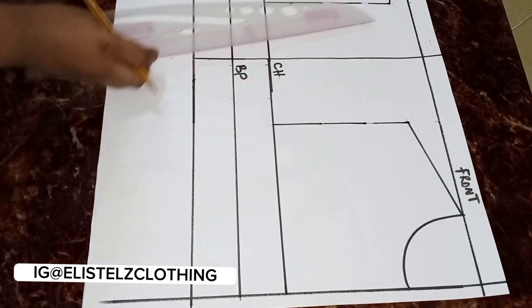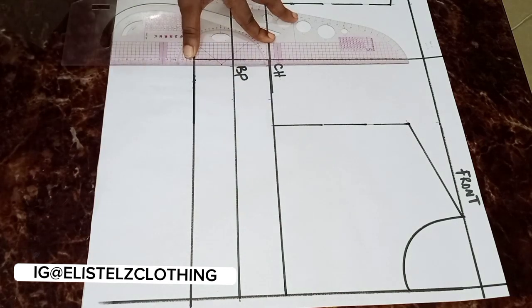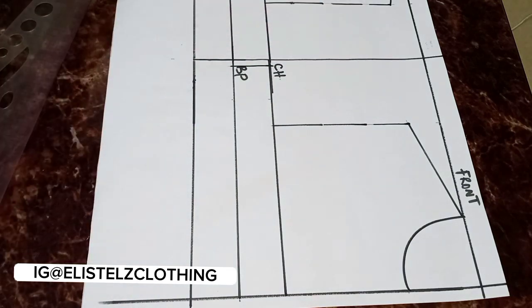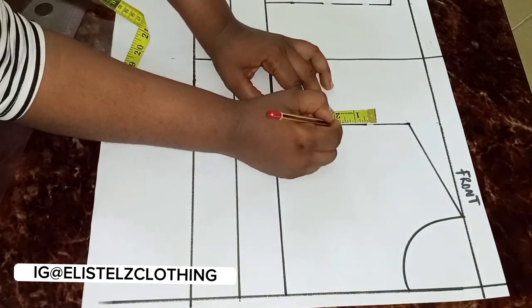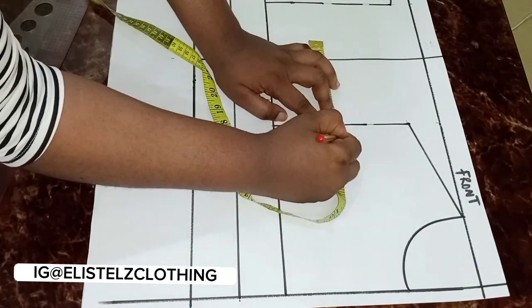All right, now I'll proceed to connect from the chest line to the bust point line. And here we have it. So I'll proceed to connect my armhole. Now for the front armhole, you need to go up by 3 inches from the chest line. So that's the standard method, and we'll go in by